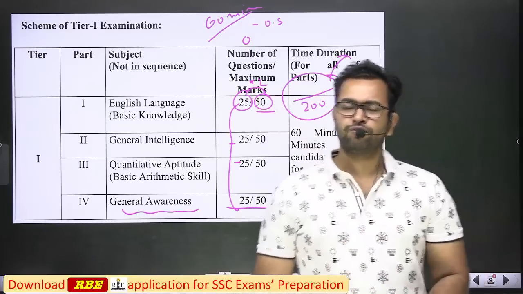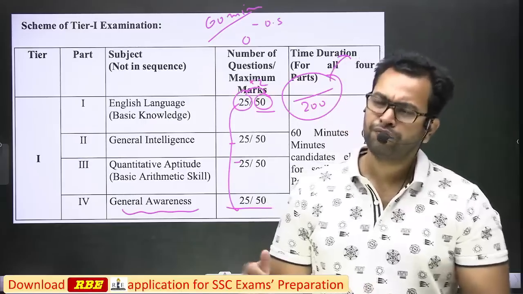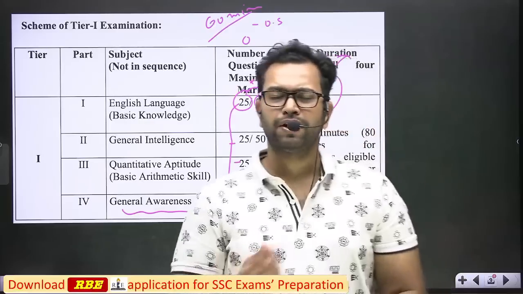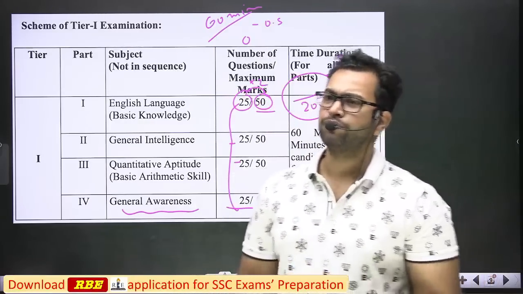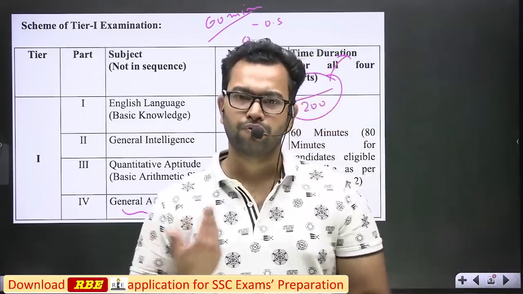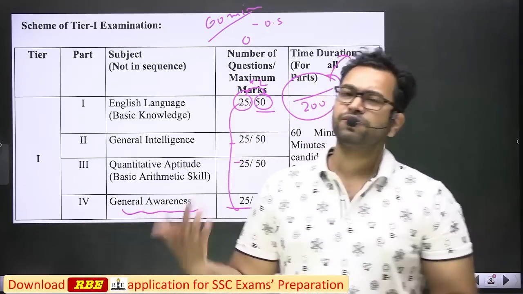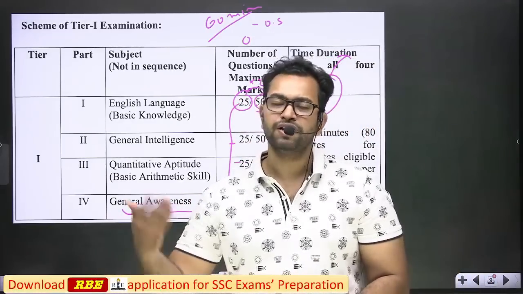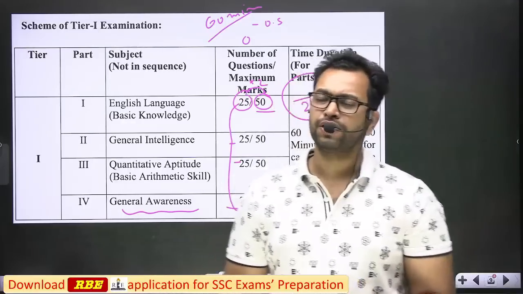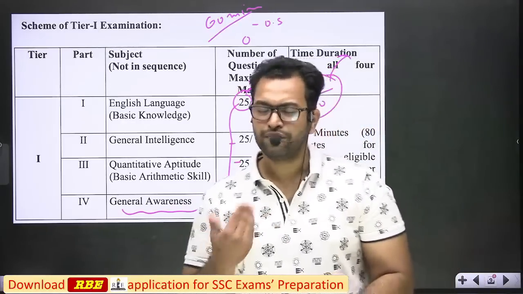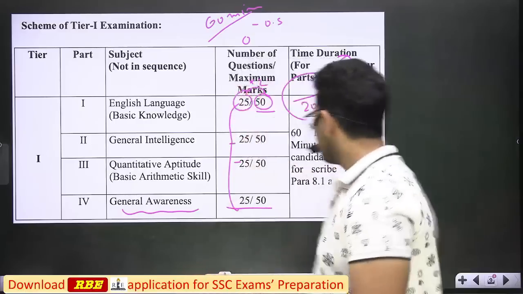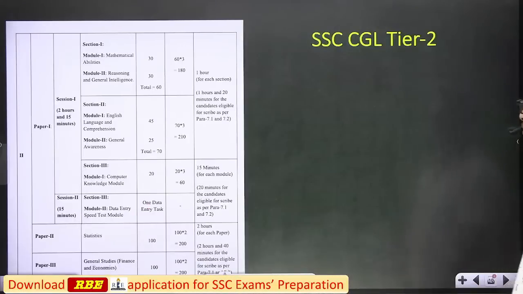In reasoning, out of 25 questions we can attempt 15 to 20 based on our preparation, and in the math section also, depending upon the examination level, we can attempt up to 15 to 25. If the paper is easy, we can solve all the questions in one go. If the paper is difficult, we will solve the easier questions first, like 10 to 15 or 15 to 20, and then if we get some time in the end, we will solve the hard questions, right? This is how we will be going.